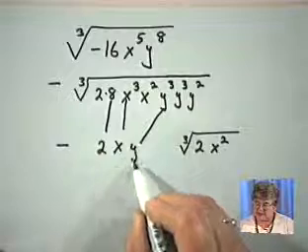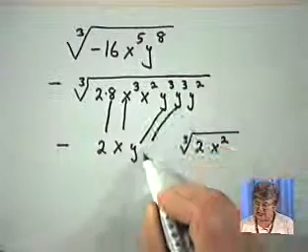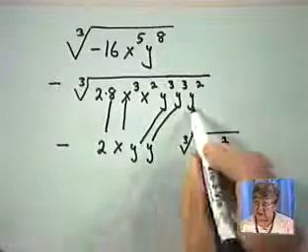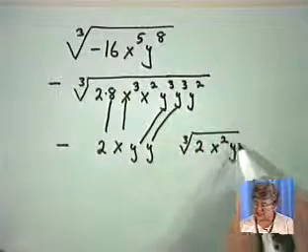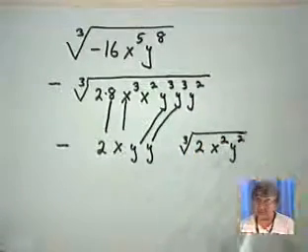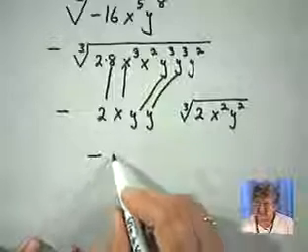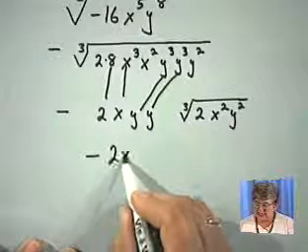That becomes a y on the outside. The next y cubed also comes out, but we have a y squared here, which is going to remain inside the radical. Let's simplify this then, and so we end up with a negative 2x